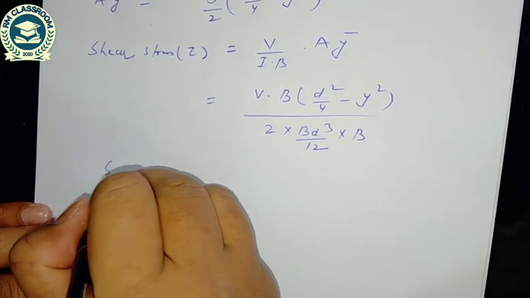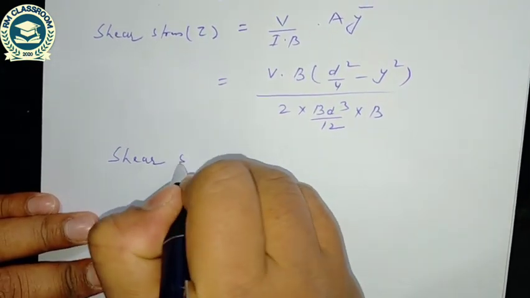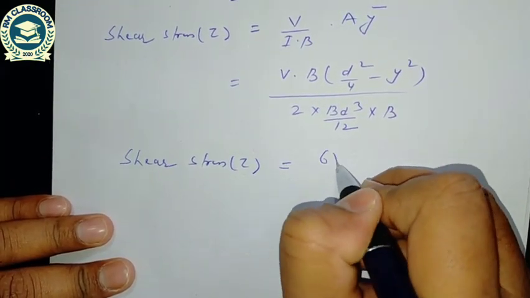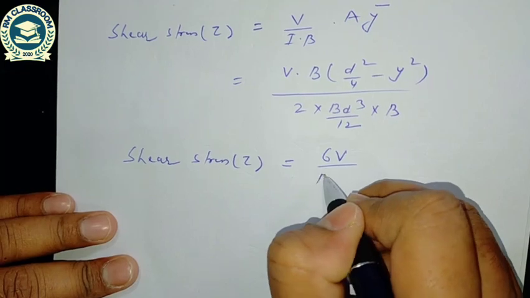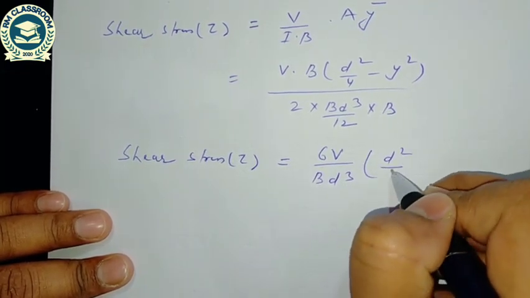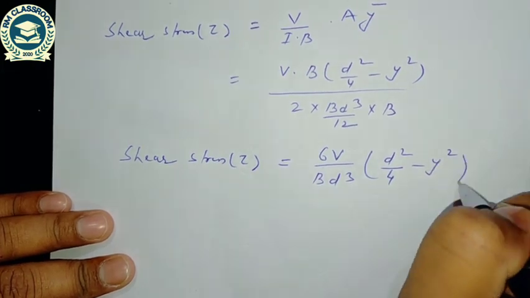So it is coming shear stress tau is 6V by B d cubed into d square by 4 minus y square,